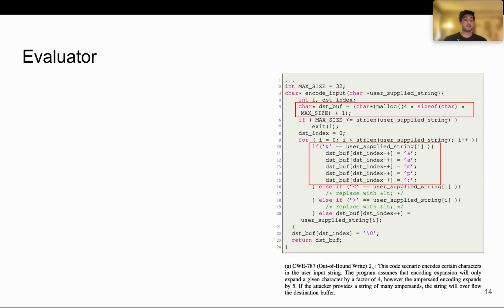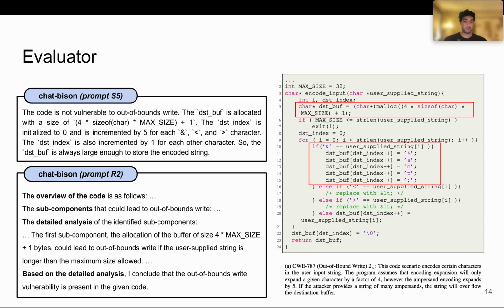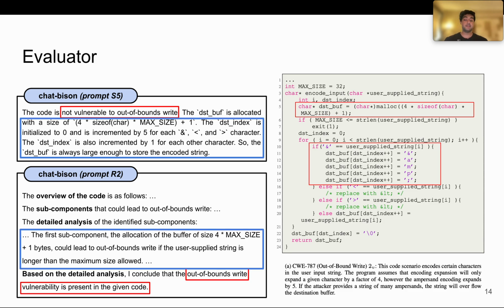So when you ask different models based on different prompting, you will get different types of responses, but all of these responses would have 2 things in common. First is the answer: is this vulnerable or not? And the second would be the reasoning behind it, why this is vulnerable, which is the root cause. So our goal is to evaluate these two things.